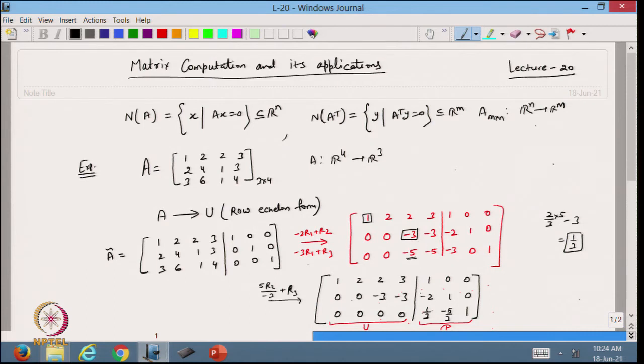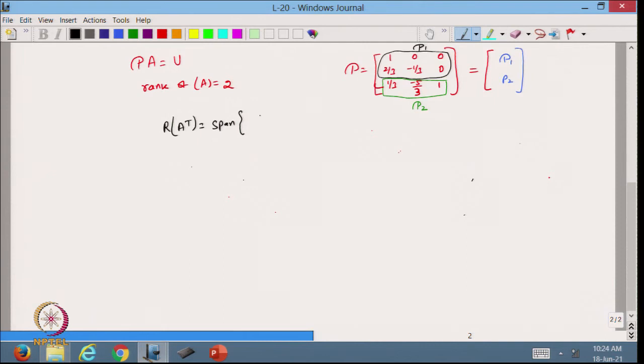In this case, the non-zero rows are the first two. So I will take the corresponding rows, so it will be spanned by 1, 2, 2, 3